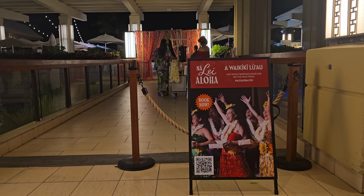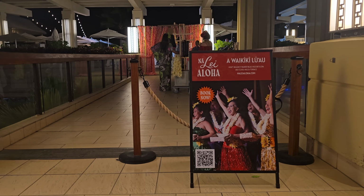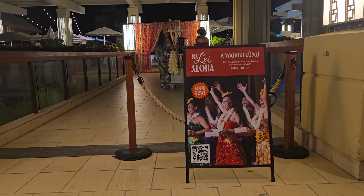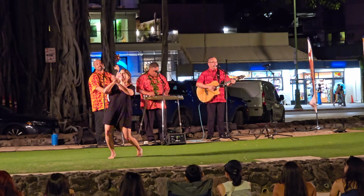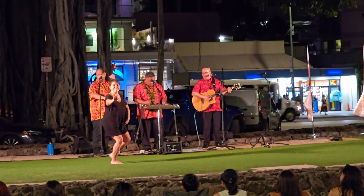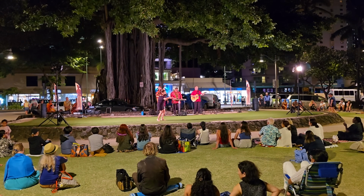Now, new since I was here last time, the hotel does appear to offer a luau on the 3rd floor. I did not partake of this, but there did seem to be a lot of people enjoying the luau. I've already done plenty of luaus in Hawaii. There's also a cool free entertainment option right in front of the Hyatt on the beach at the hula mound. There are often free hula shows that are out here, so do check these out if the performances are on